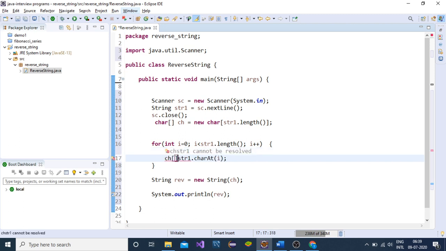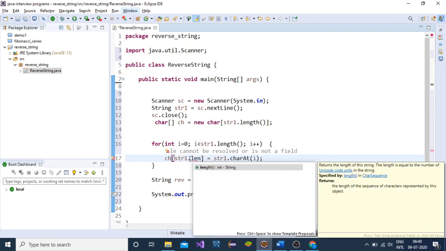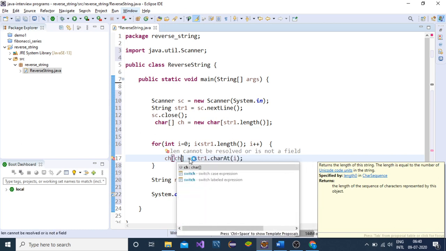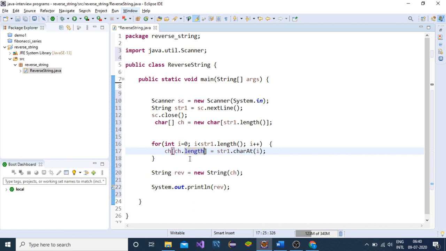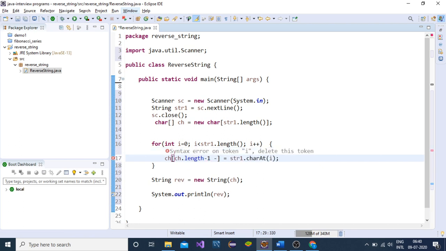So ch of str.length minus 1 minus i. What is the problem here? str1.length, oh sorry, ch.length minus 1 minus i.